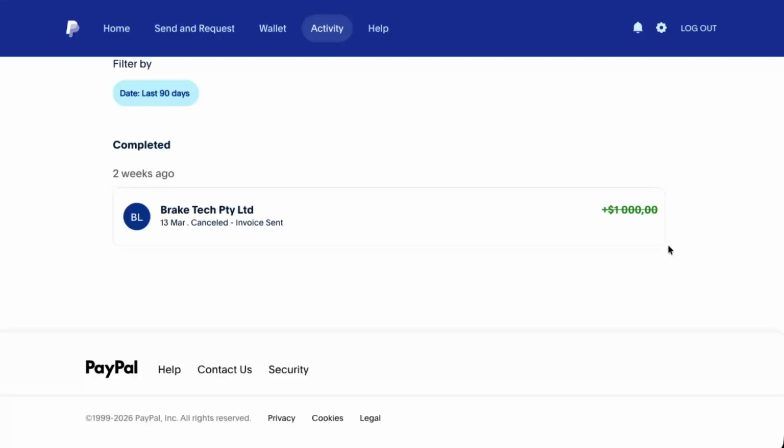That's all there is to it. By going to your PayPal dashboard, opening the Activity tab, locating your transaction, and selecting Refund this payment,